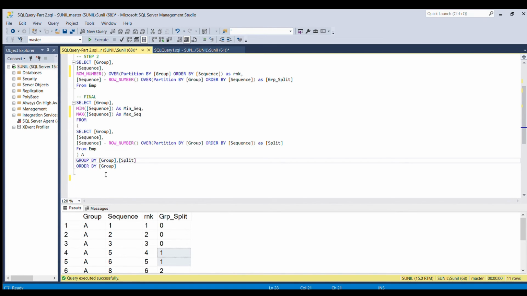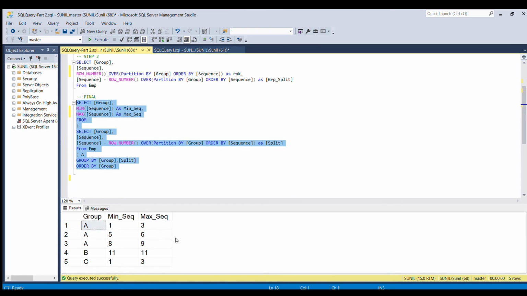Again we are ordering by the group field. If I run this piece of code, we are able to achieve the minimum sequence and the maximum sequence for each group wherever there is a continuous value for the sequence field.